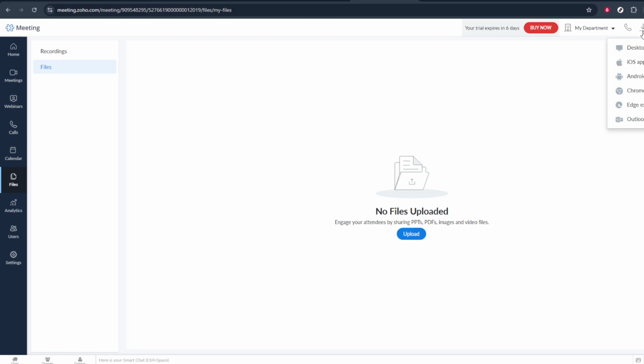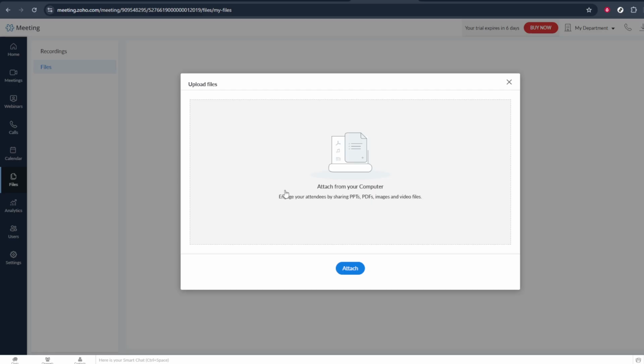Next, click on Files. This will open a dedicated page or panel showing you any files you've already uploaded, organized in a list or grid. If this is your first time using it, the space might be empty, and that's completely fine. Think of this area as your personal library for meeting resources, such as slides, PDFs, and other reference materials you